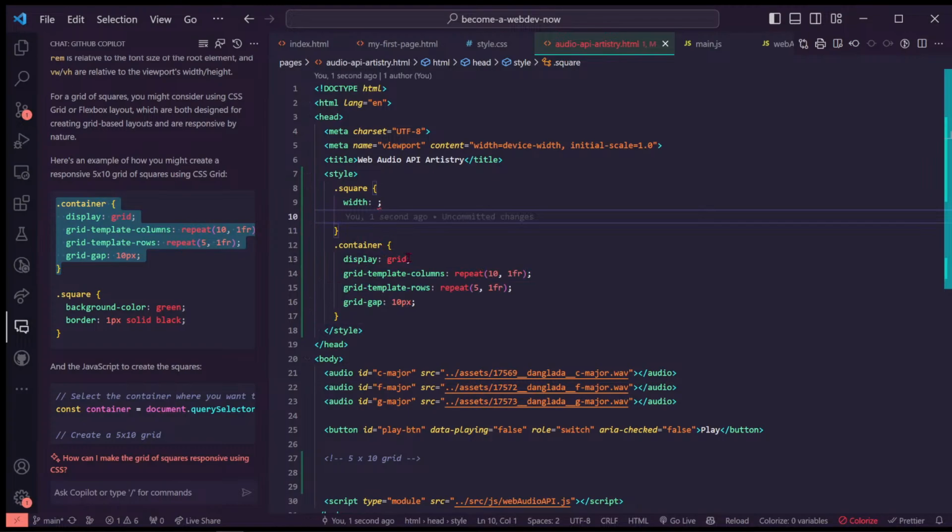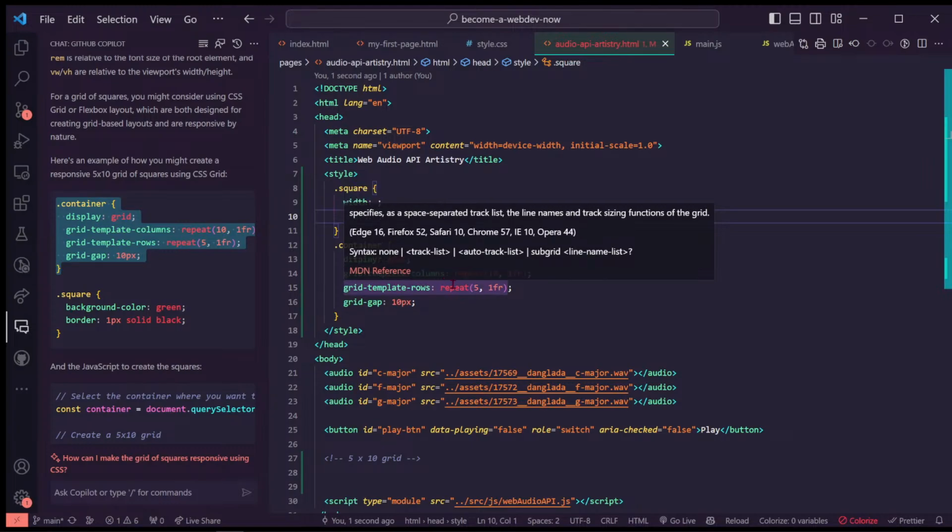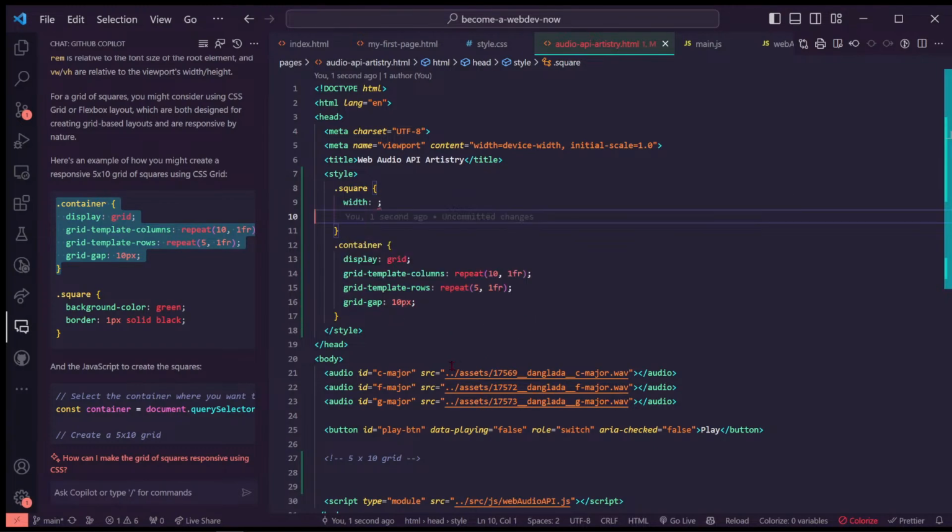So we've got a display of grid, 10 columns, 1 fractional unit in length. Repeat it 10 times, okay, nice. Grid template rows, we've got 5 rows and each of them is the same proportion and size. And then we've got a grid gap of 10 pixels, but I want that to be